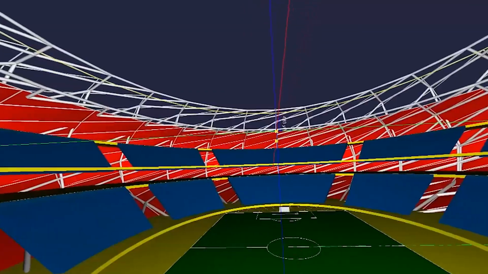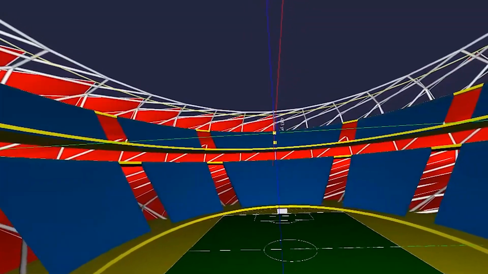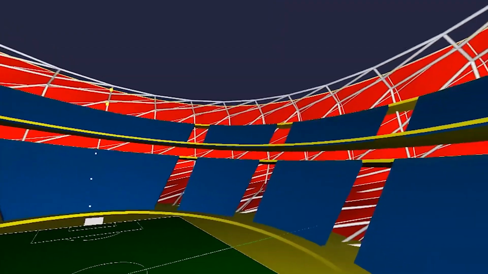The other components are soon to follow, and it's that simple to create a relatively complex stadium using only 3